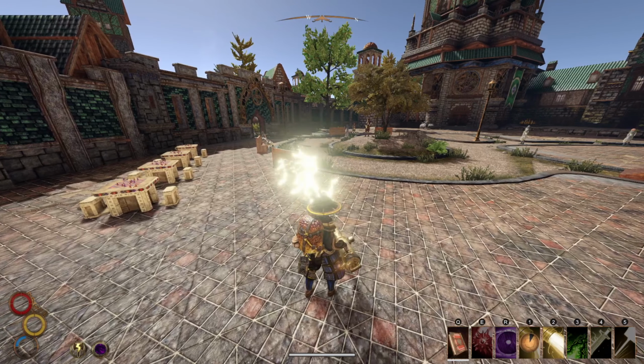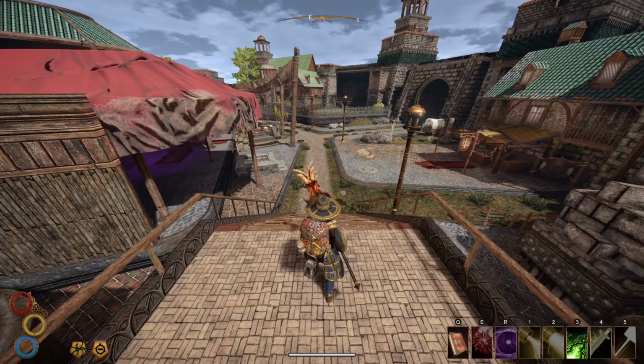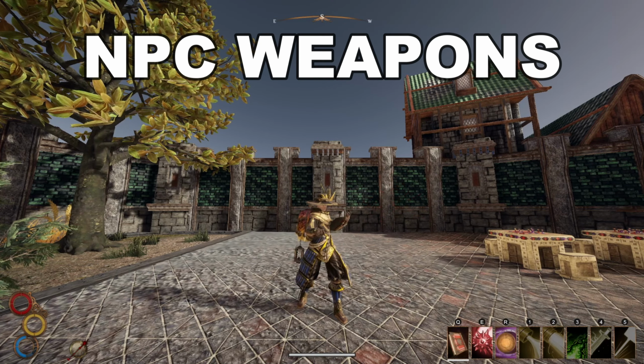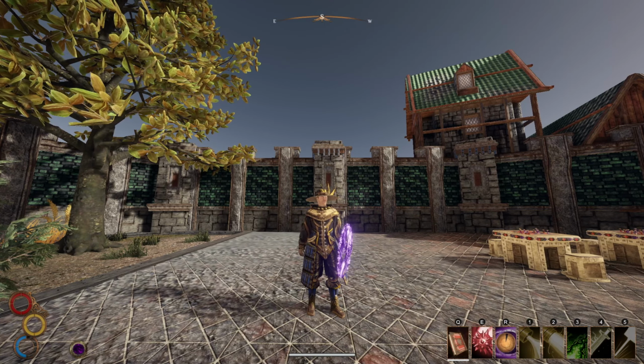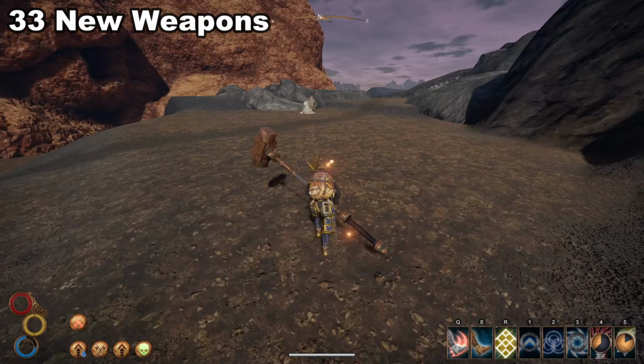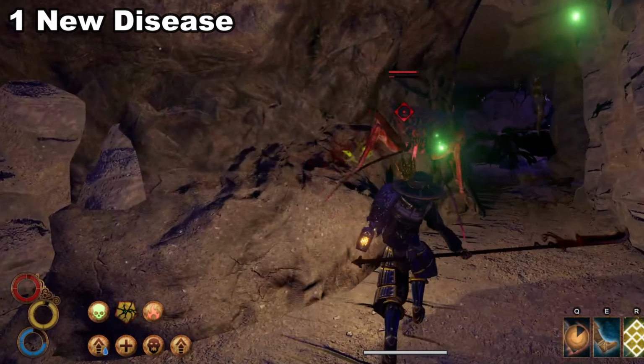Yeah, boy. Hey guys, I'm very excited to share this video with you today as it includes a lot of really cool additions to Outward. This mod is called NPC Weapons and was created by user Permitivity. Once installed, your game will get a brand new skill tree, 33 new weapons, all from NPCs, and 1 new